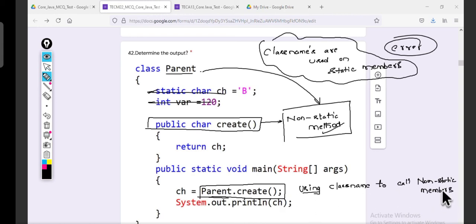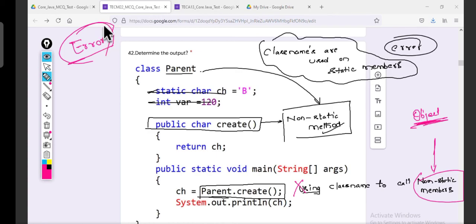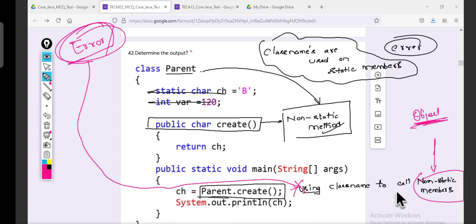No, wrong, you cannot call. Non-static members are always called through an object. What is the correct answer? Error. Why error? The reason I have written here: using a class name to call a non-static member. That is the error.